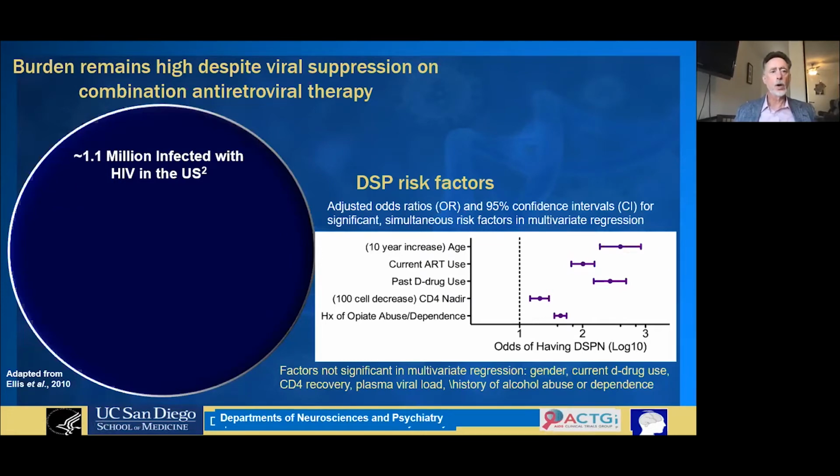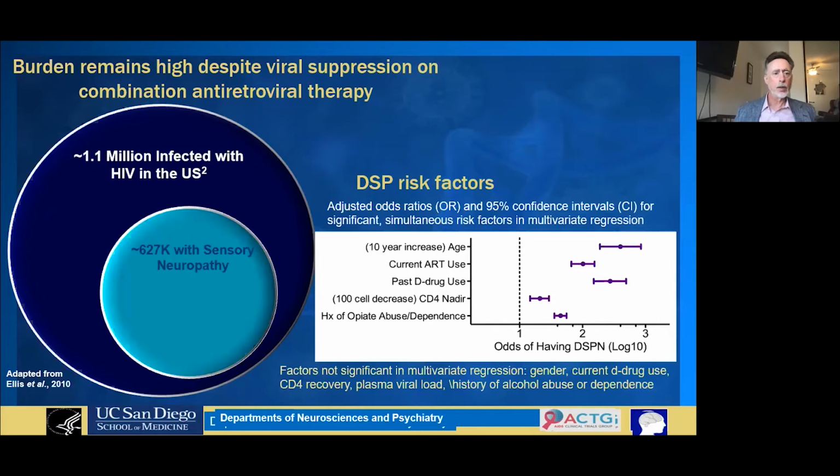Of the 1.1 million people in the US with HIV, over 600,000 are estimated, projecting from our research findings, to have findings of sensory neuropathy. And of those, about 100,000 have moderate to severe neuropathic pain. People with distal sensory polyneuropathy